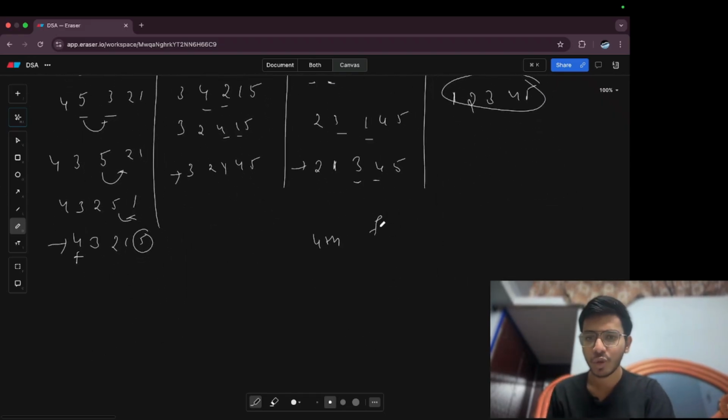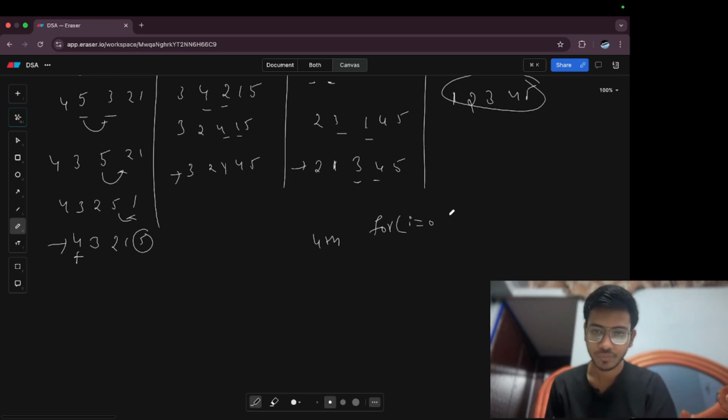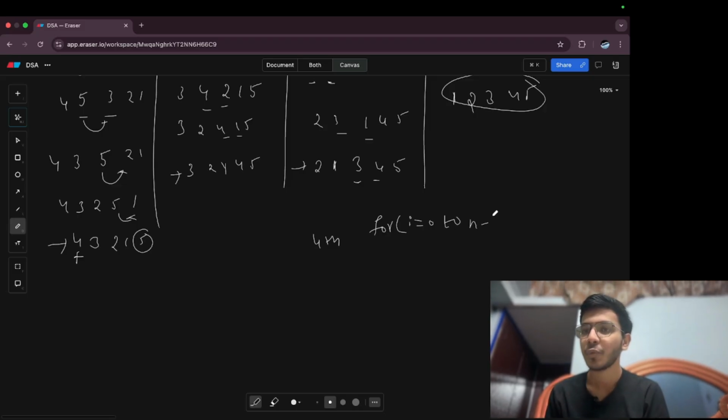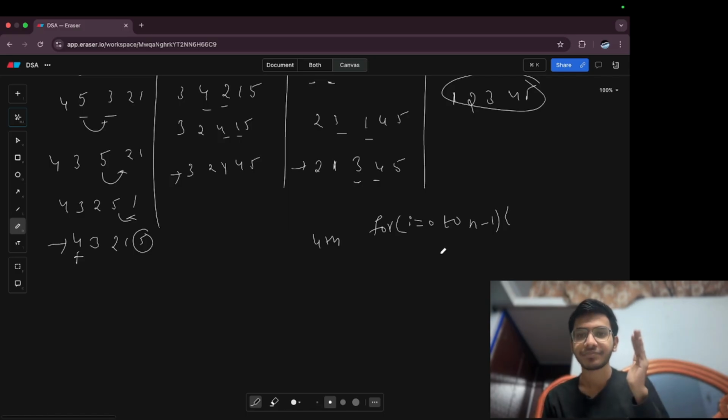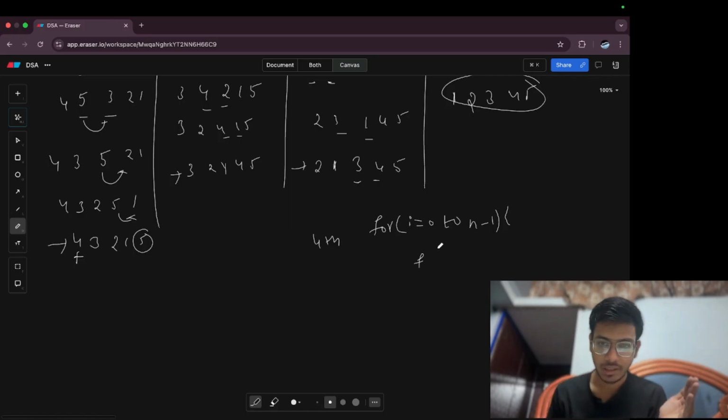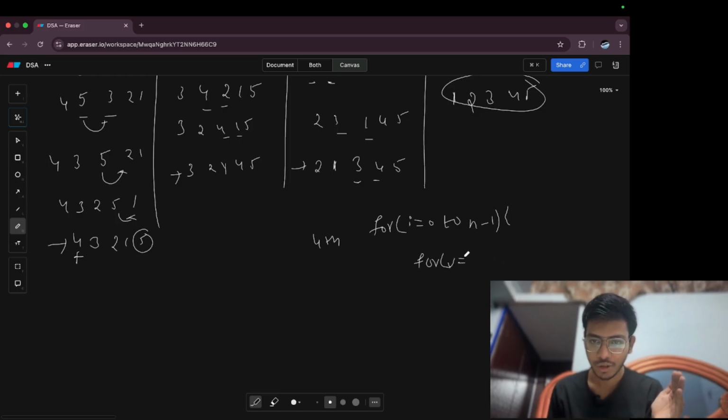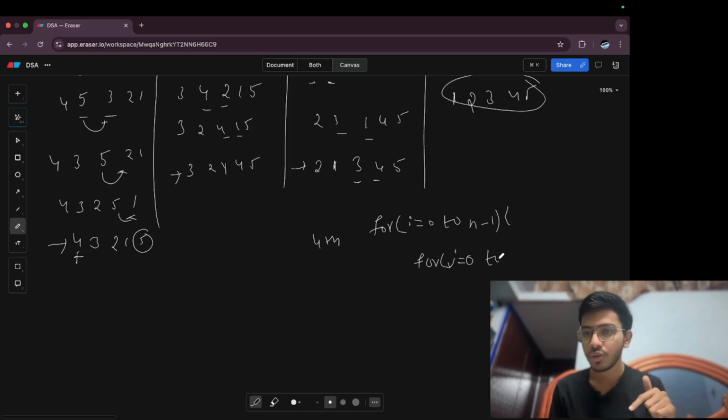So can I say, if I write my pseudo code, that here I'll run my loop. I'm writing the pseudo code for i equals 0 to n minus 1, where n is the size of the array. Now how many turns am I doing? I am doing n minus 1. Here I'll write for j equals 0 to j less than n minus 1 minus i,